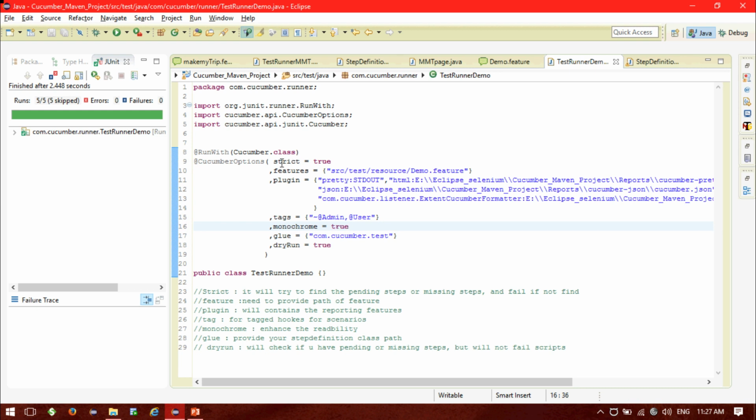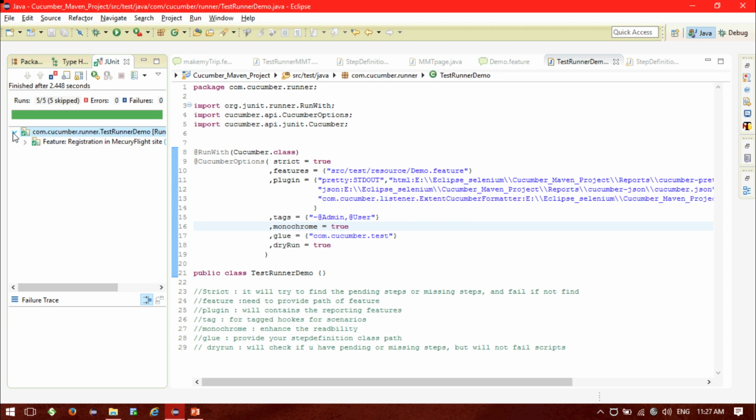And one more thing I can say, I have made strict equal to true and dry run equal to true. So if dry run is equal to true, it's actually giving an indication that a scenario has passed. But if we go deep inside the scenario, we can see that every step has been skipped. So if you put dry run equal to true, it will not actually execute your test methods.